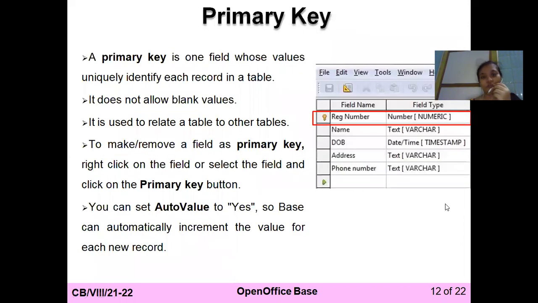What is the meaning of primary key? It is one field whose value uniquely identifies each record in the table. जब भी आप GR नंबर या फिर यहाँ पर रजिस्टर नंबर का एग्जांपल दिया हुआ है एंटर करोगे तो उसकी सारी डिटेल जो टेबल में होगी वो सारी आपको डिस्प्ले हो जाएगी. It does not allow a blank value. I request every student, please understand what is the meaning of primary key, because whenever you create the database, this is the most important part of the table.